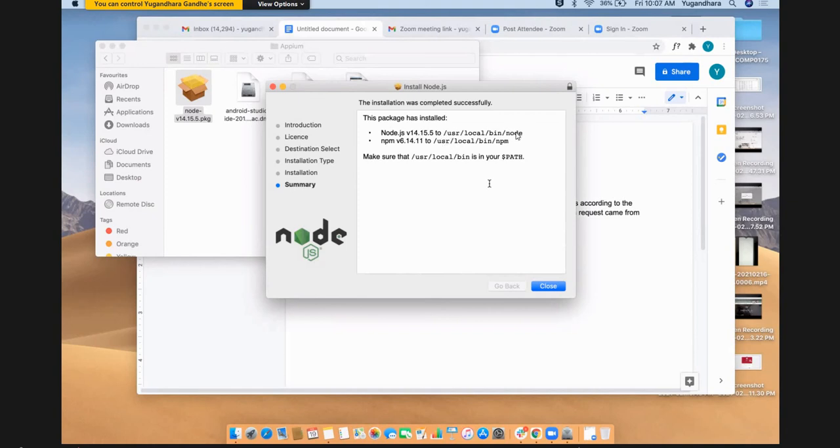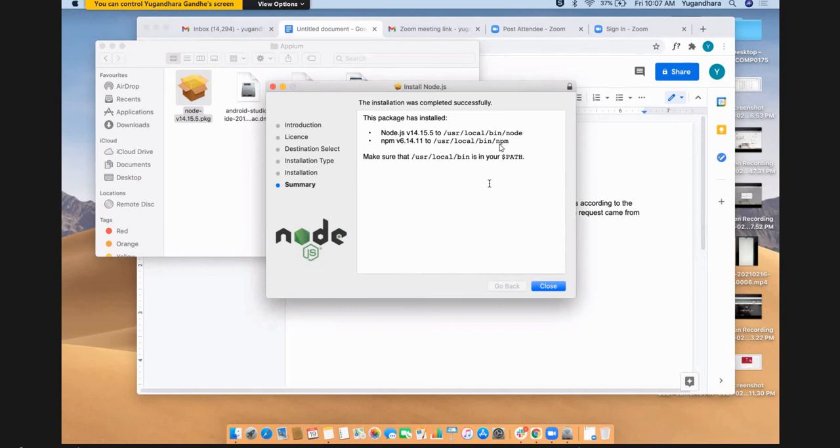The node is the command which we use to start the node environment, right? And this /usr/local/bin/npm is the node package manager. We are going to talk about it, like it's a repository on our machine where all the node packages get downloaded and installed. Just to make a point here, /usr/local/bin is where node is installed, and /usr/local/bin/npm is where the node package manager is installed.